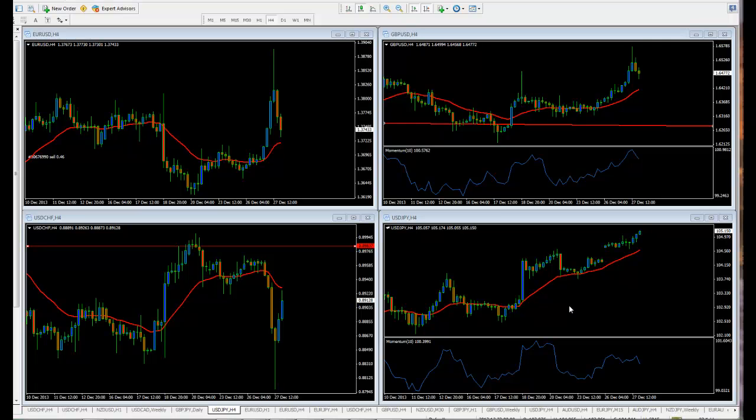We're looking here at our four charts as our standard majors setup: Euro USD and Pound USD on top, USD Swiss and USD Yen on the bottom. As you can see, the USD Swiss and the USD Yen are not going the same direction. We have our EMA 21, with Swiss on the 4 hours trading below it, and the USD Yen trading above it. Now the Euro USD and the Pound USD are a little more compatible, but